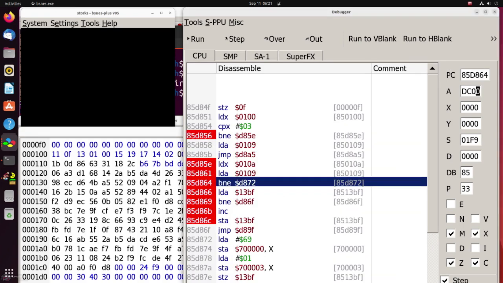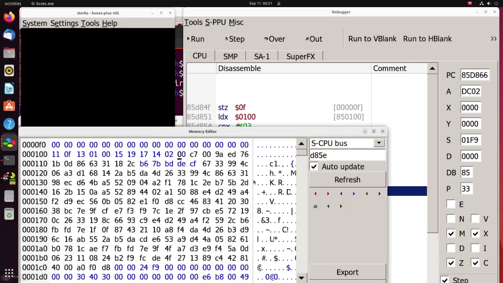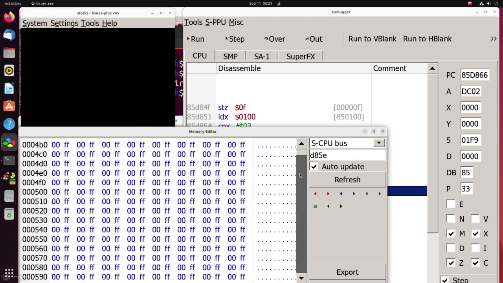And I set the accumulator back to 2. LDA 13BF. And if I go to 13BF,